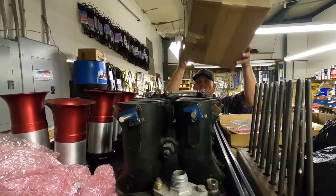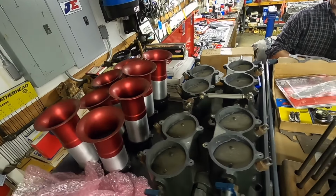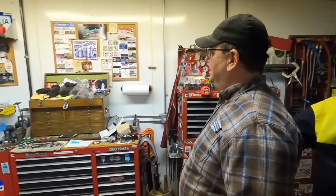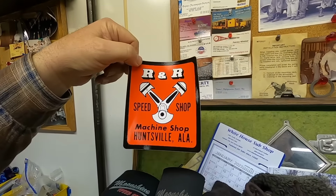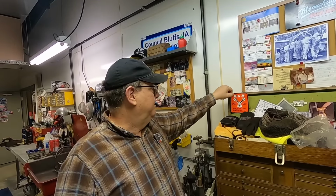And again, fuel injection, not my wheelhouse. If anybody ever comes in here with a Mooney Hamblower, I'm going to say, I don't know what you're talking about. I'm not doing it. It's been a struggle. Oh, here's the R&R Speed Shop. This is where that engine came from. It's set down there. They actually use it for displays for, like, some kind of little hometown